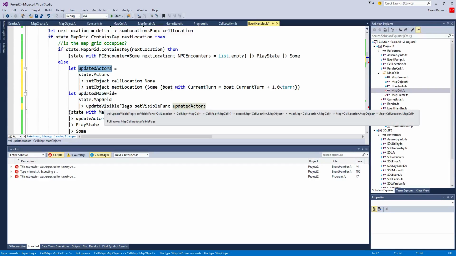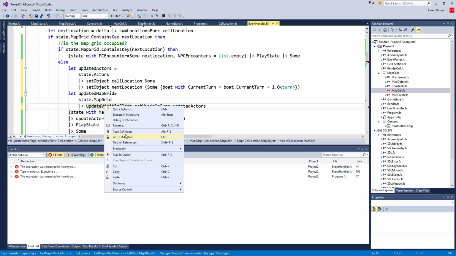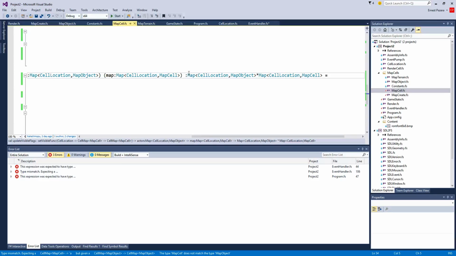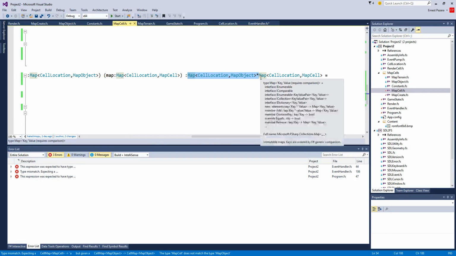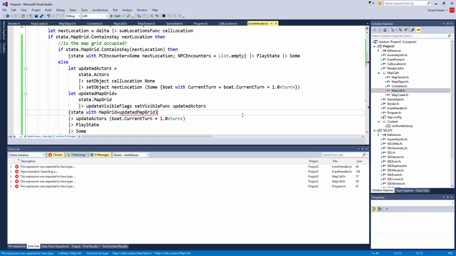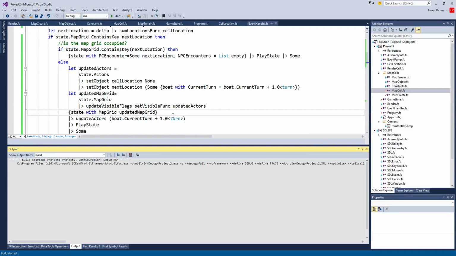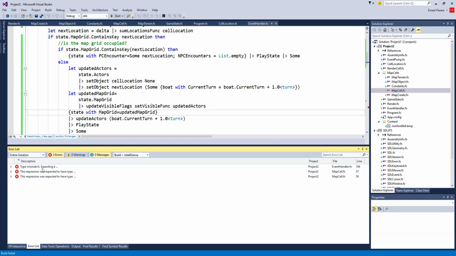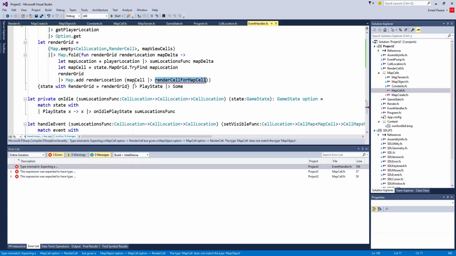This right here returns... go to the, why? It doesn't modify the actors in the slightest. So stop returning them. This may cause other problems. Build it again. I do so enjoy it when the entire episode is, what do you take? You take a render location, map cell, and